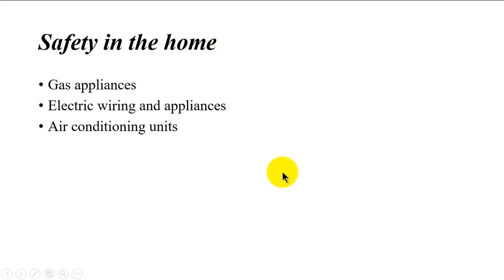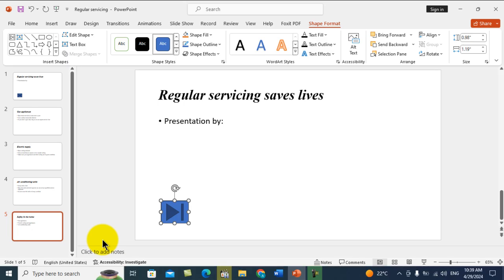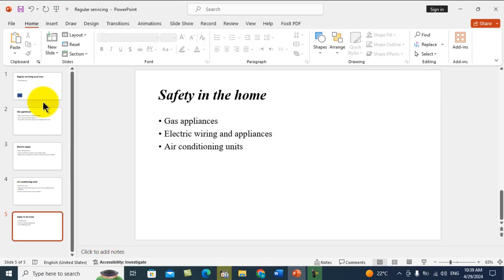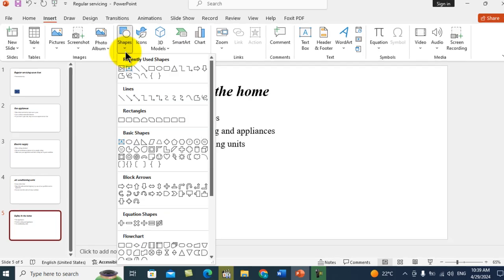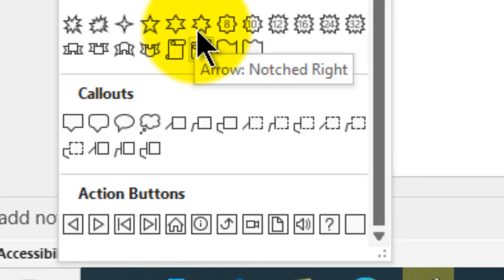I'm going to do the same thing. When I click here, for example, home or go to beginning, I need to go back to the previous one. So how can we do that? Let me press escape. Now go to the last slide here. This time I'm going to add an action button which can be used so as to move to the first slide. And to do that, go to insert tab, go to illustrations group, click shapes, go down to the action